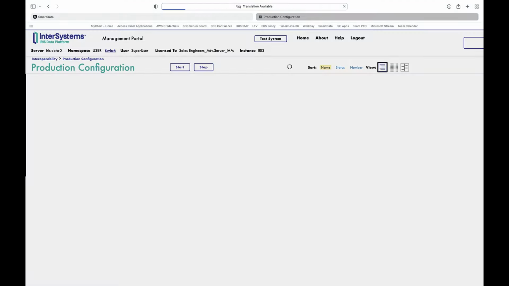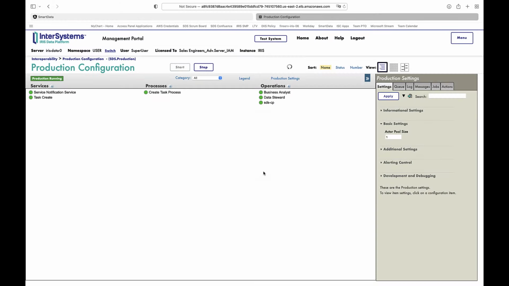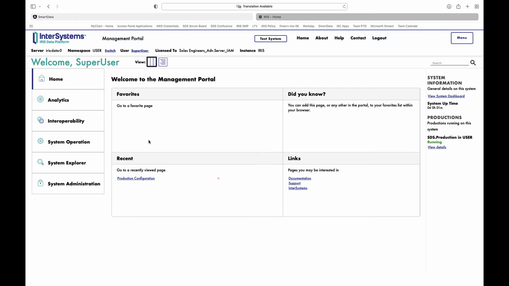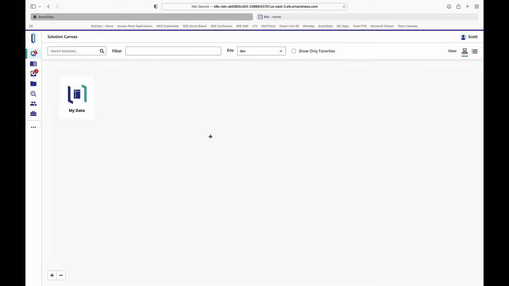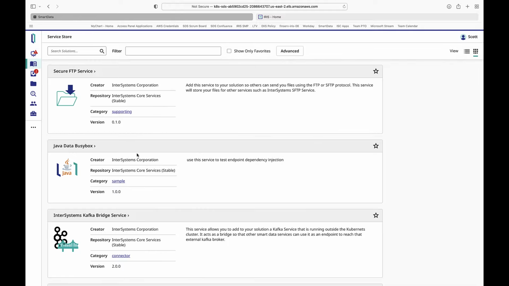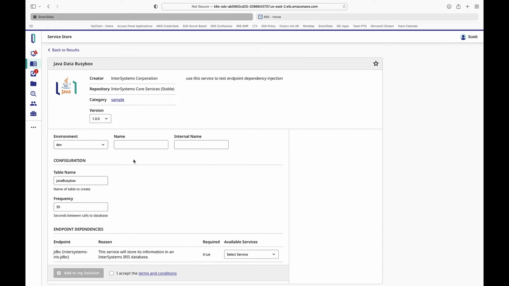and enter with my username and password, and there you go. I am in the production, and this is the Iris data 0. So I gave the name Iris to this installation. Now maybe I should have chosen a different name, but it's deployed and it's running. I can go to the management portal and do everything you would do with Iris. It's really there. It's deployed, but this Iris is very alone here. Let's add another service, right? Let's go to the catalog, and we created this Java Data Busy Box, which is a sample application.